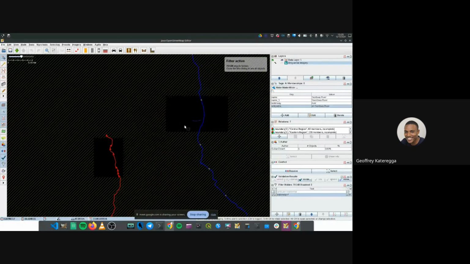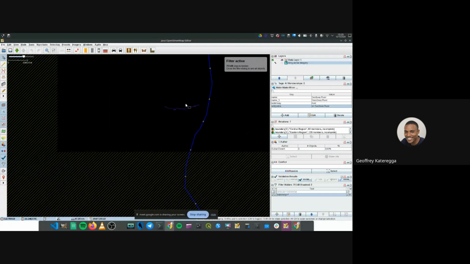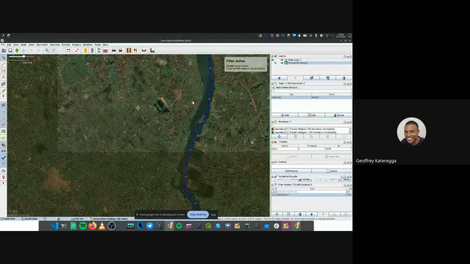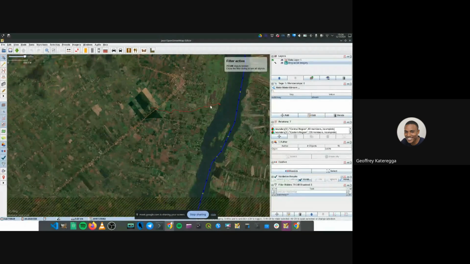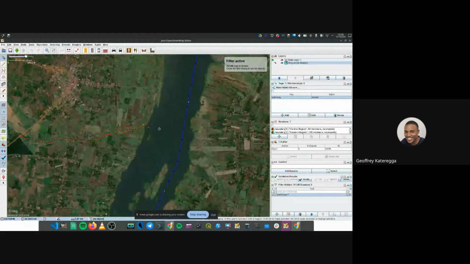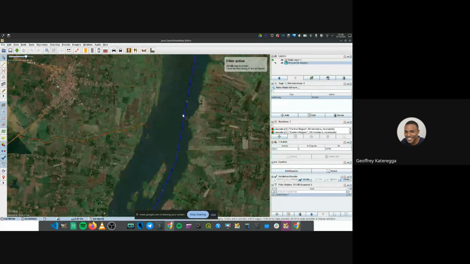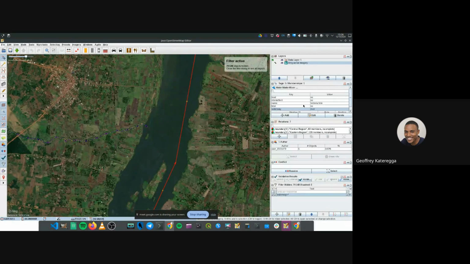Yeah, I also have another example here of a stream. We can see here this stream is a waterway stream, and I'm going to add the imagery layer just for you to see how it looks. It is a small stream coming here, and it is flowing into a river. Just to show you which river this is, it is the River Nile, that big and long river which starts from Uganda and flows all the way into the Mediterranean Sea through Egypt.